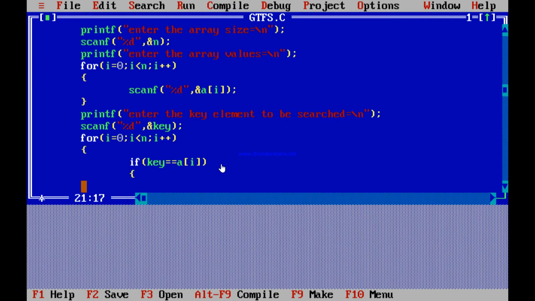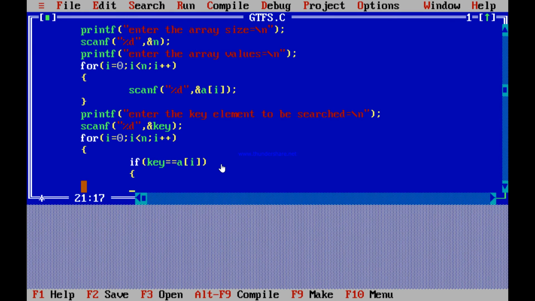Always the array starts with 0, so the last index will always be n minus 1, that is 5 minus 1, which is 4. So 0 to 4. The key value which will be given by the user